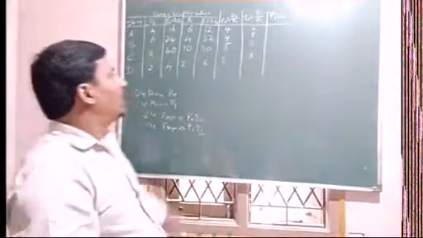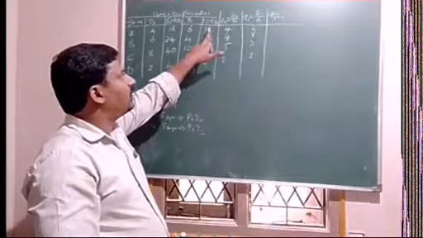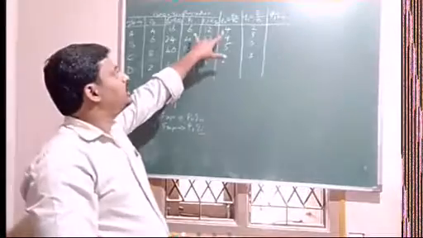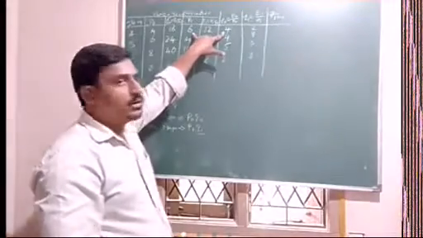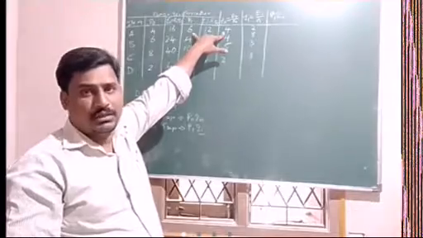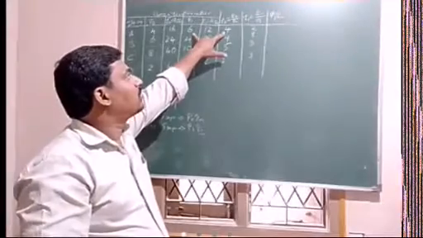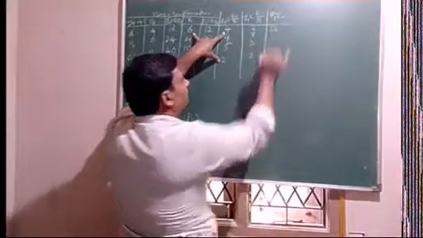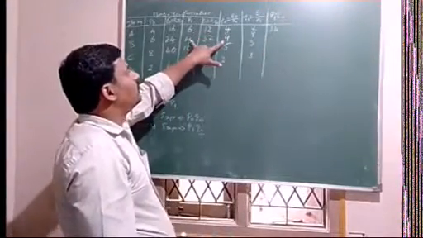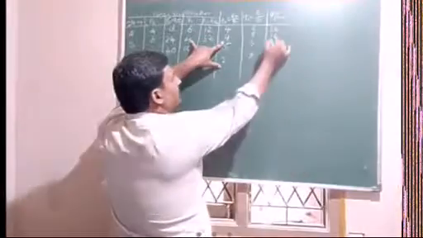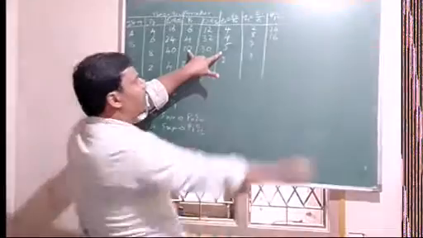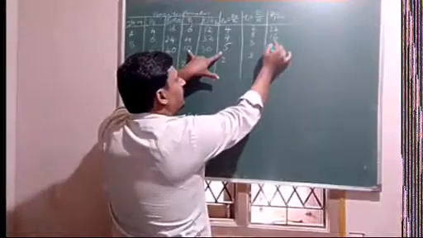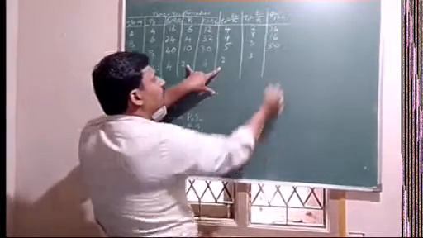Because of a silly mistake, you will lose marks in the exam. So what I say here is, just put one finger on each column you have to multiply, or keep your two fingers on these two columns. So P1 into Q naught. 6 into 4, 24. Next 4 into 4, 16. Next 10 into 5, 50. And last 2 into 2, 4.